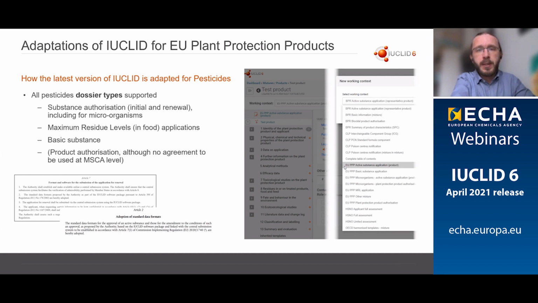So going through the main adaptations that were made in the past releases and completed in the April release this year, I will start with the implementation of dossier types that support pesticides. When you go to mixture in Euclid and you want to select a working context, so the context under which you want to insert your data, you will see that you have a new category of dossiers for EU plant protection products. There are 4 main dossier types,